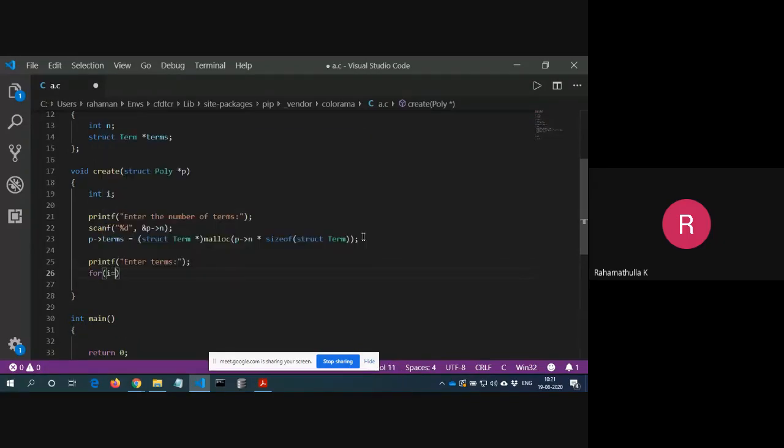For i equal to 0, i less than p arrow n, i plus plus. How many terms need to be read? Scanf.